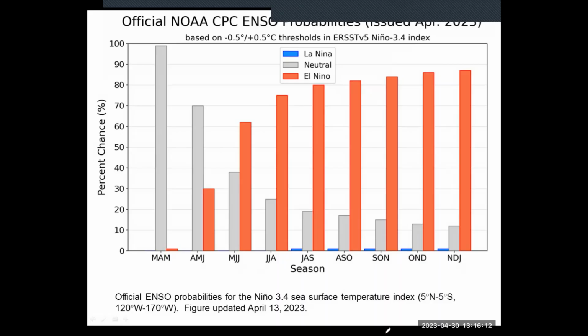While the lower accuracy of forecasts during the spring can result in surprises due to the spring predictability barrier, the recent oceanic Kelvin wave plus recurring westerly wind anomalies are anticipated to further warm the tropical Pacific Ocean. The coastal warming in the eastern Pacific may foreshadow changes across the basin. Therefore, an El Nino watch has been issued, and the range of possibilities toward the end of the year includes